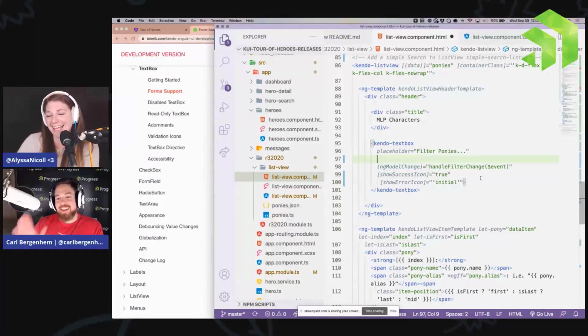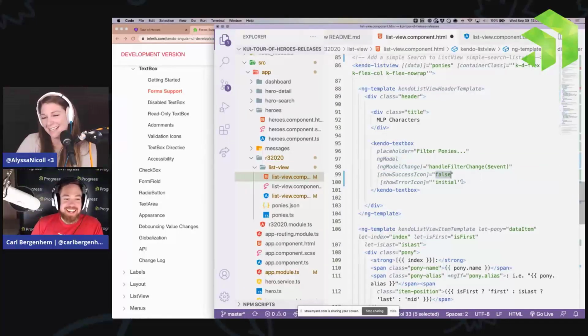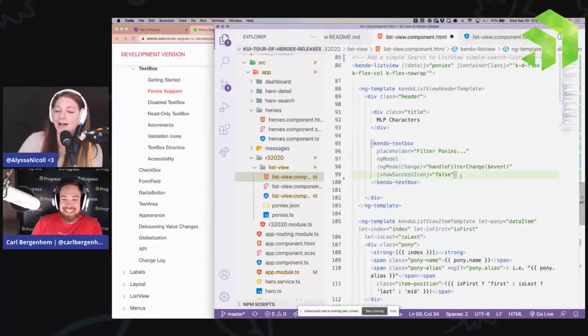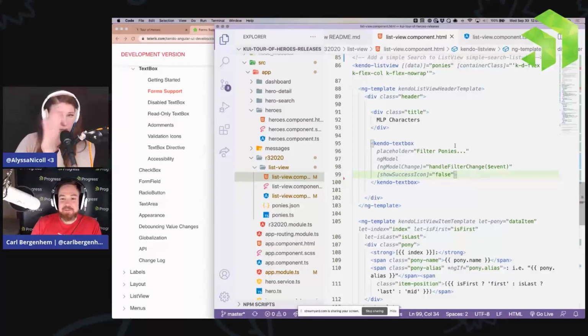Yeah, sorry for me coming in with a quick comment. But yes, I wanted to turn that off because I'm not inside a form and I don't need validation on my search. Maybe if my search was like, I don't want any symbols or numbers in my search, but